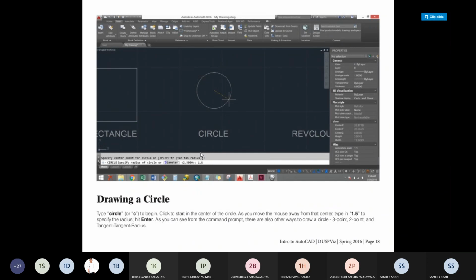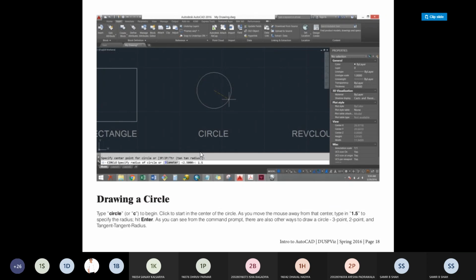There are many kinds of circle options given when you select the circle from the menu bar, like 3-point circle, 2-point circle, tangent, radius, or we also consider the TTR circle. So as per your requirement and your subject point of view, you may prefer any one case from the relevant cases.